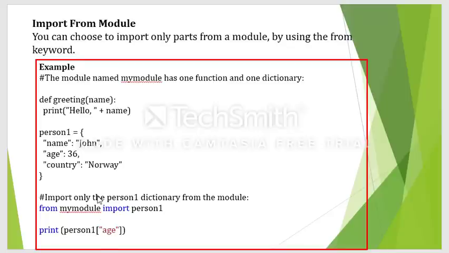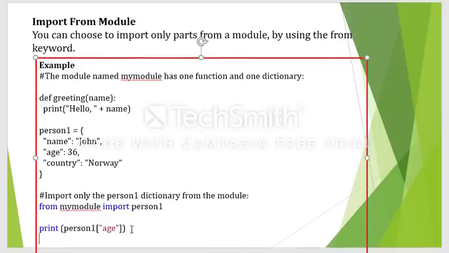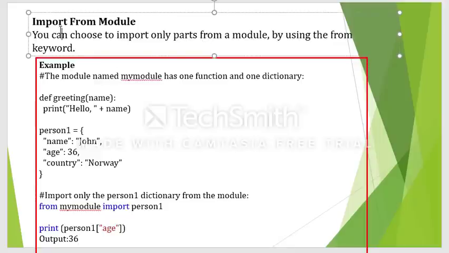Okay, so now after I am writing a statement, print person1 of age. So when you have written this statement, what is the answer you should get? The output you should get is 36. Okay, so 36 will be the answer you should get. I am writing the statement here, 36. Okay, so hope you understood this.